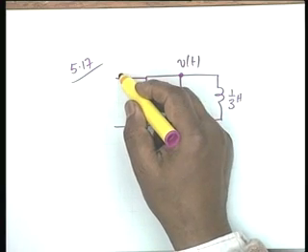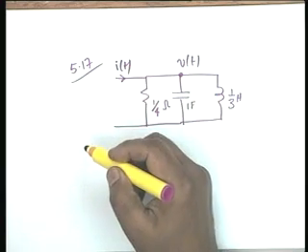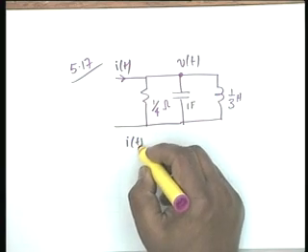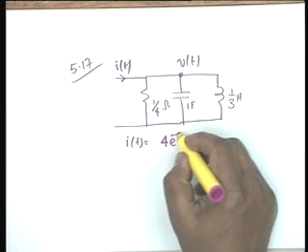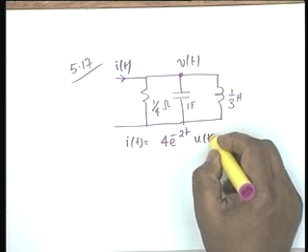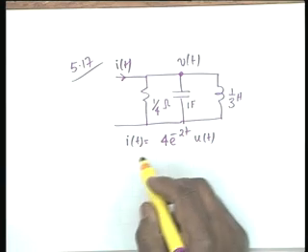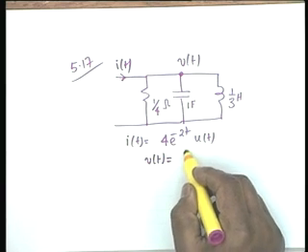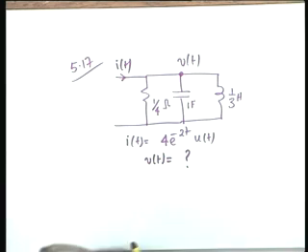The current is i of t, and the current is given as i of t equal to 4 e to the minus 2t u(t). You are required to find out v(t). Obviously, the simplest thing to do is to apply the transform technique. In the transform domain,